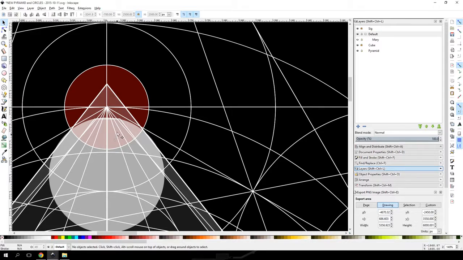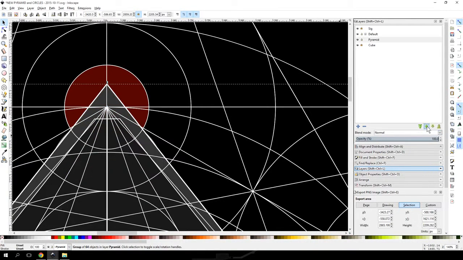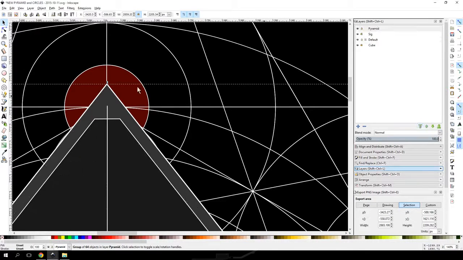Okay, so if we look at the pyramid, let's see, we'll turn it on to normal. Okay, so here's just the pyramid right here, and we'll move it up a little bit higher. There it is. So this line runs all the way up until it gets to this line right here. Okay, and then this area above it, that is the area that disappears into nothingness. So if we go back